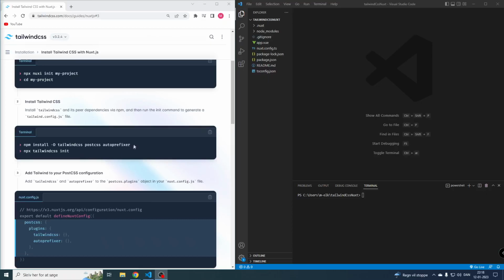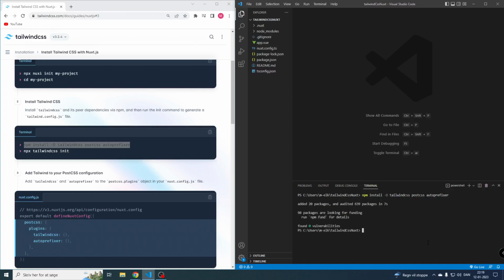Here's how you install Tailwind CSS to a Nuxt project. First, go to your nuxt.js project and install the Tailwind dependency using npm. You can find all the commands in the description. And after that, run the init command to generate a